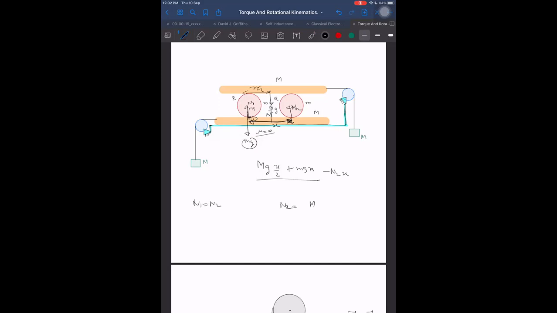And N1 and N2 are both equal to mg plus mg by 2 plus mg. Then we get N2 as mg by 2 plus mg. And what is the net torque coming out to be because of these? It is coming out to be 0. Then only the torque because of this tension T remains, and the other torques are just 0.